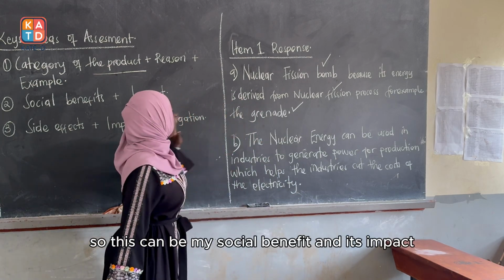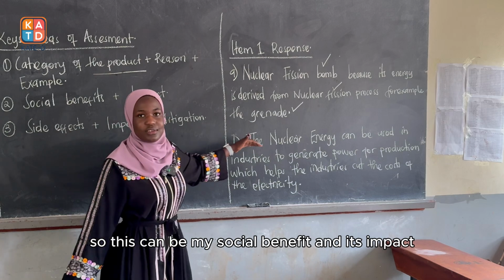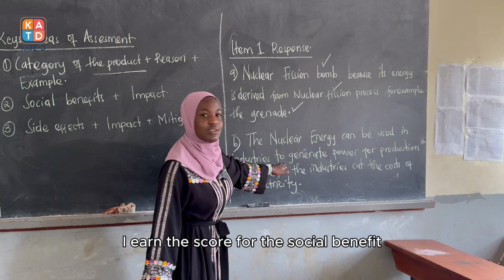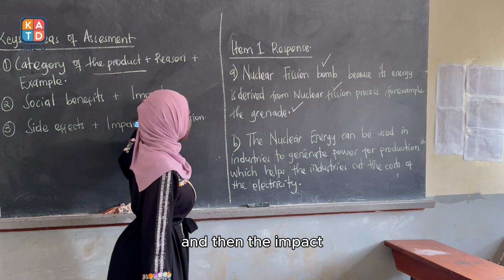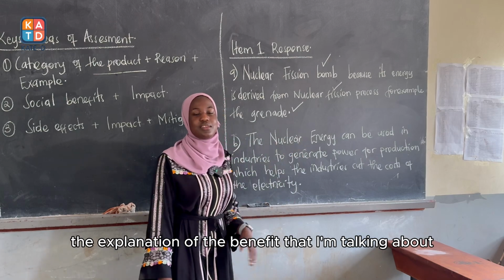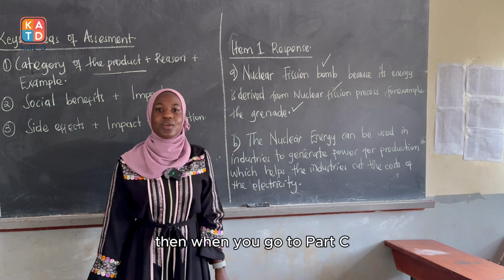So this can be my social benefit and its impact. Just explain like that. I underscore the social benefit and then the impact, the explanation of the benefit that I'm talking about. Then when you go to part C